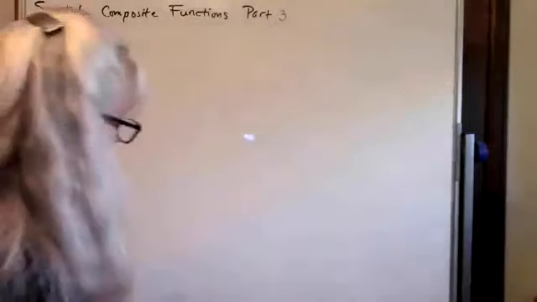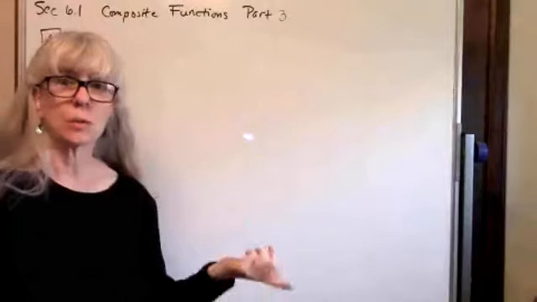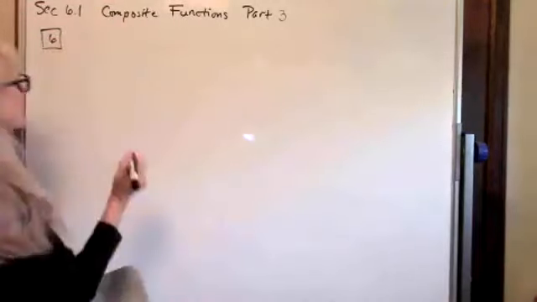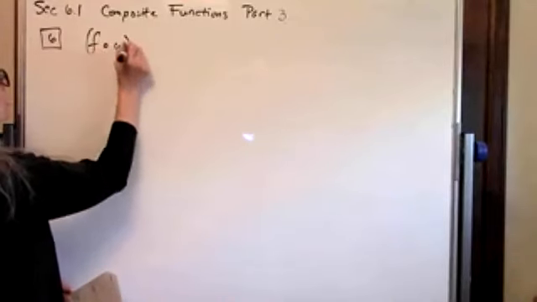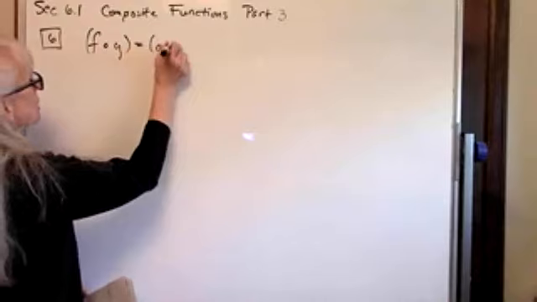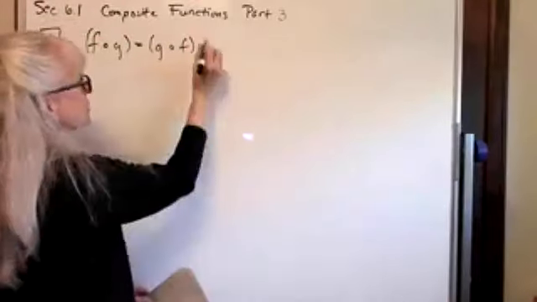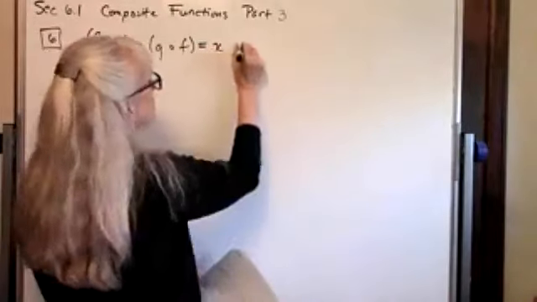So in part 3 of section 6.1, let's go ahead and talk about F compose G and G compose F for a specific set of functions. So in example 6, we want to show that if we take F and compose it with G, we'll get G compose F. Now that doesn't happen every single time, because we've seen that. And that's going to be equal to X, but this is when